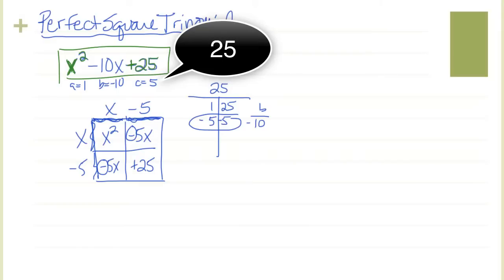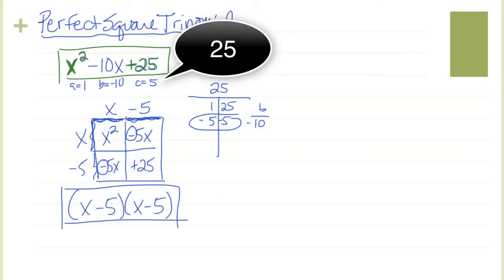So a perfect square trinomial will have the same factor twice. That doesn't mean you only write it once. You have to write it twice because otherwise you just have that binomial. But if I multiplied these out, you would get what we have up above. And you can write it like that. That's perfectly acceptable. Or you might want to write it as x minus 5 squared. That's even better